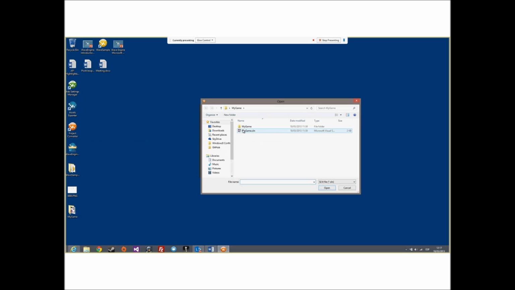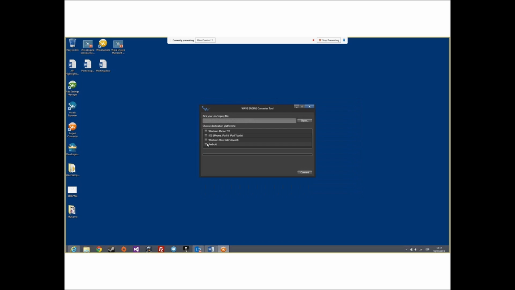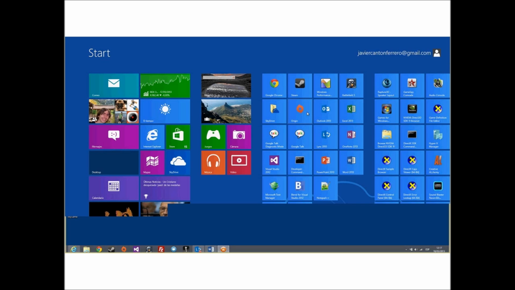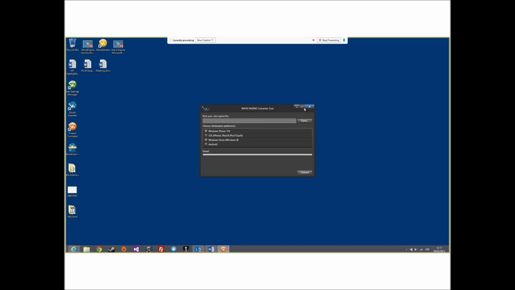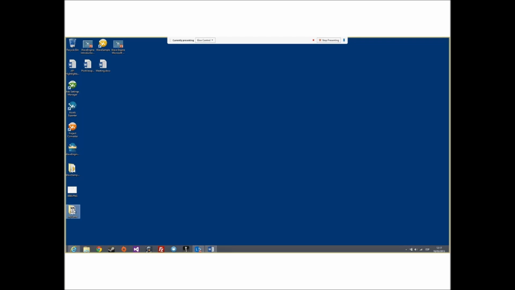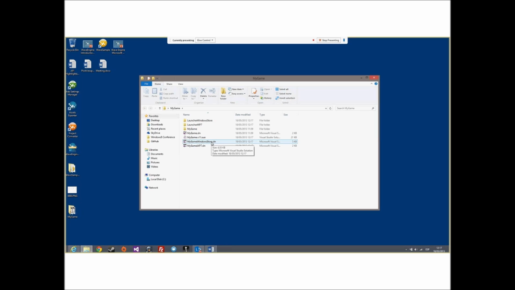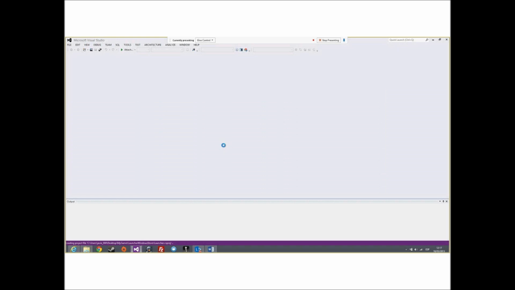Go to my game folder, select the solution file, check target platform, Windows Phone and Windows Store, convert, and go to the folder, and here you can see two new solutions for Windows Store and Windows Phone. I'm going to open the Windows Store solution first.